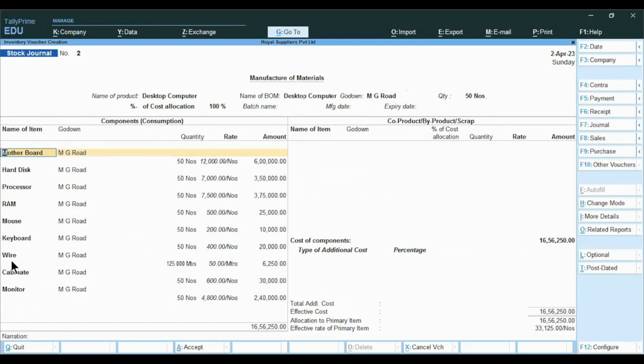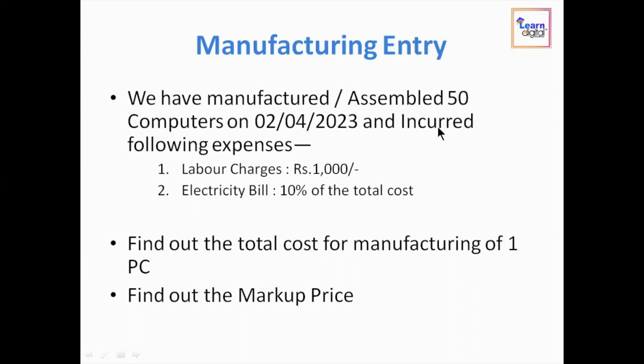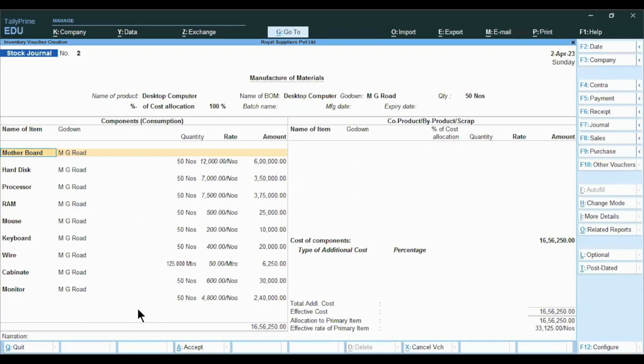And along with that, wire will be 125 meters, because per desktop computer we need 2.5 meters of wire. So for producing 50 PCs, we need 125 meters of wire. Along with this, we incurred the following expenses. We incurred labor charges, 1000 rupees. So this is the list of components. Just press enter till the list ends,